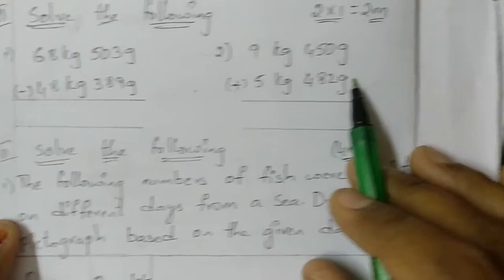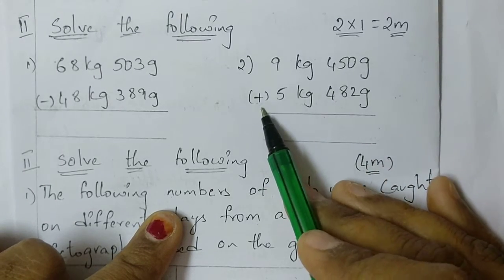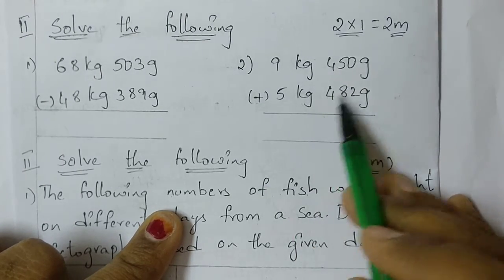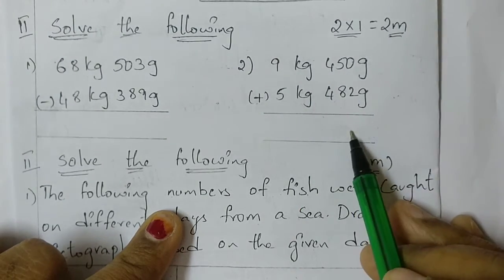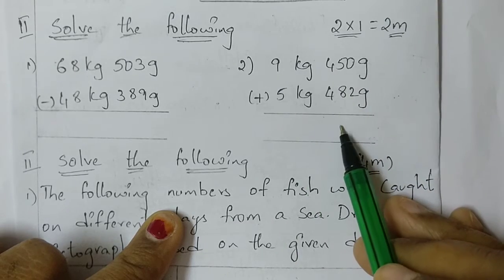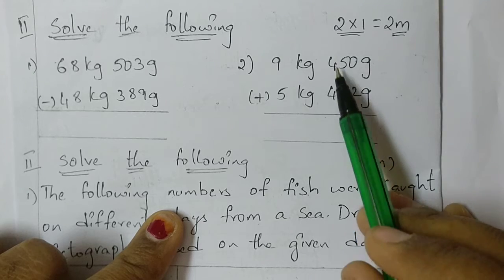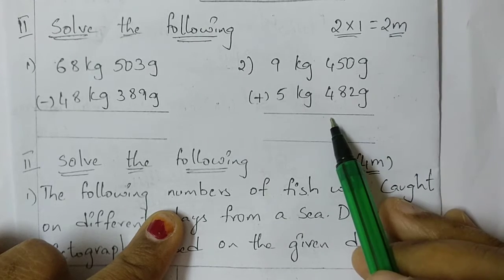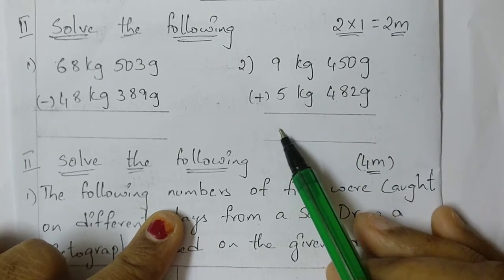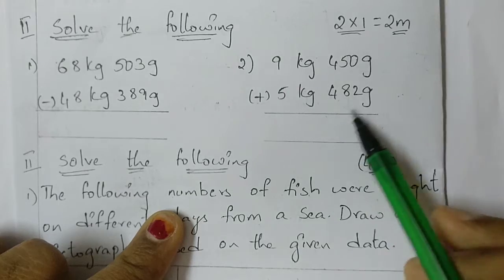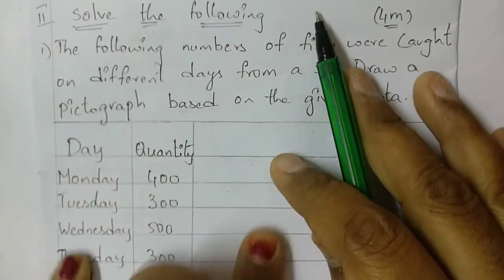Same process here also. What is the symbol they have given, Nana? Plus. Plus means addition. We have to add these two numbers. Grams. Here also grams. 0 plus 2, 2. 5 plus 8. How much? 13. 3 in the answer place. 1 must be carried forward. Okay. 4 plus 4, 8. 8 plus 1, 9. Kgs. Here also kgs. 9 plus 5, 14. Okay, like this we have to add the number. Okay, children, do you understand the second Roman? Now we'll see the third Roman.